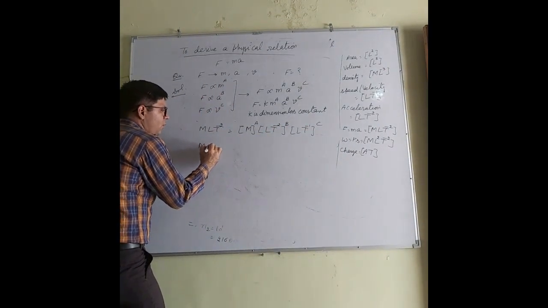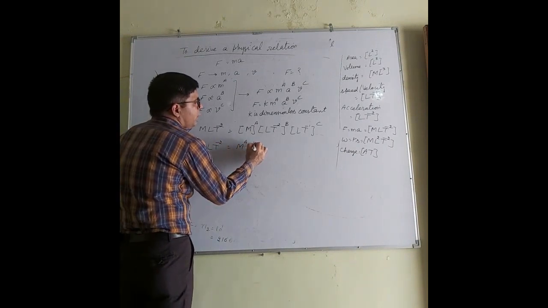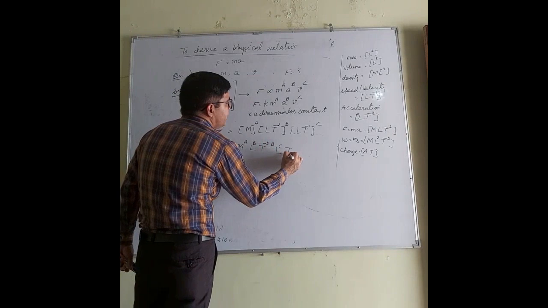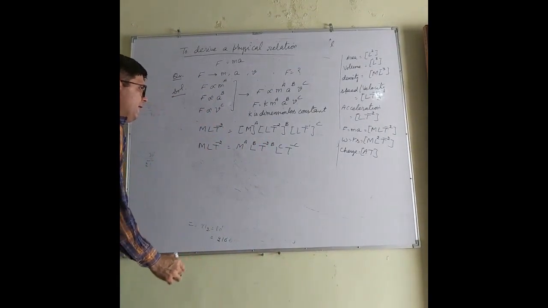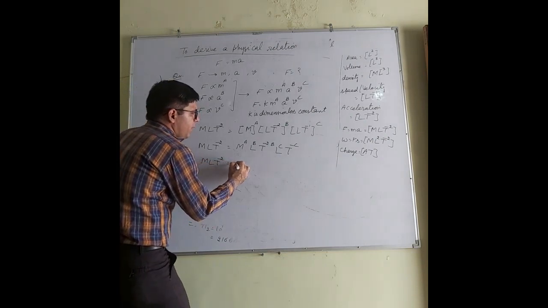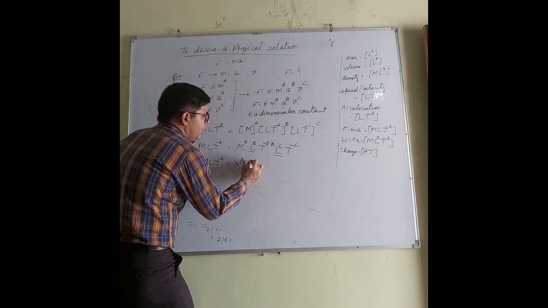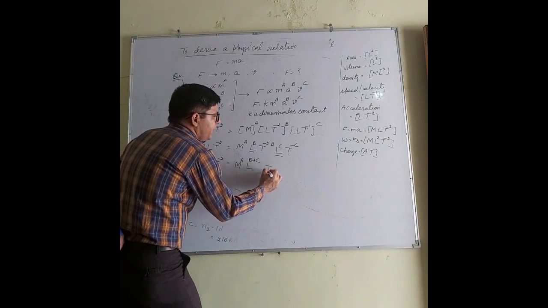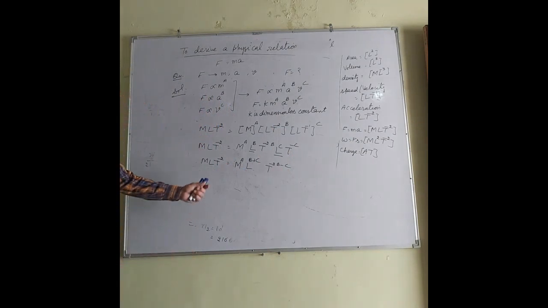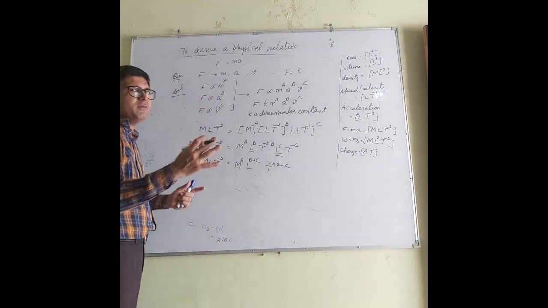Now, opening the brackets, I get M to the power a, L to the power b, T to the power minus 2b, L to the power c, T to the power minus c. Now, combining all the terms, M to the power a, look, L is twice, so I can write L to the power b plus c, and T to the power minus 2b minus c. Since both these terms are equal and they contain M, L, T, it means their powers will also be the same.